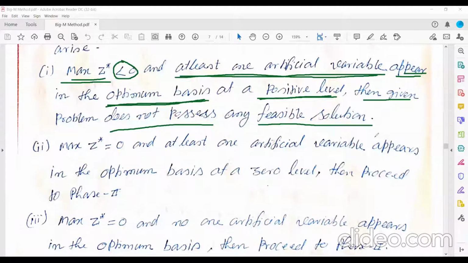Is that clear? This will be more clear if I explain with an example.